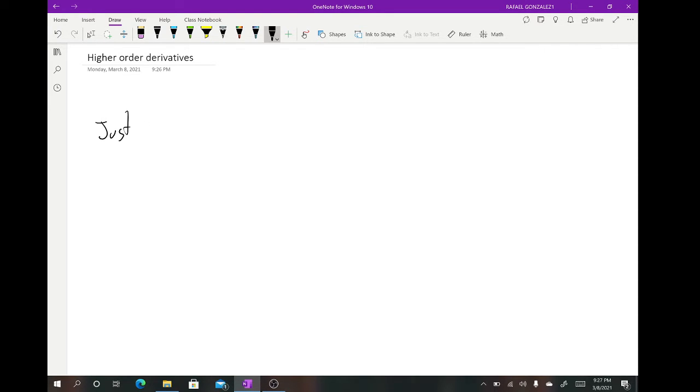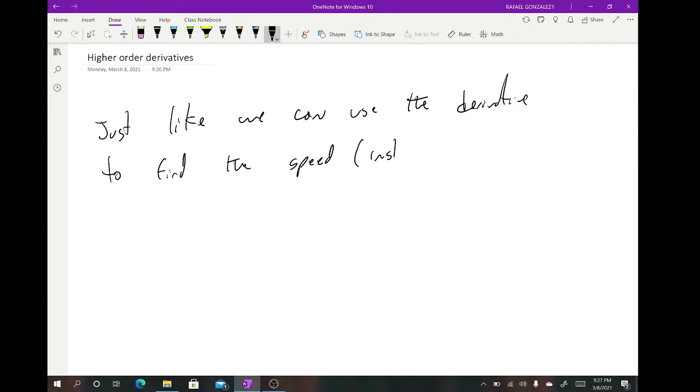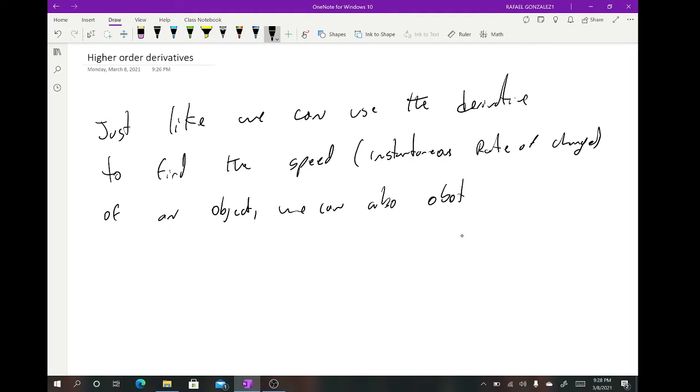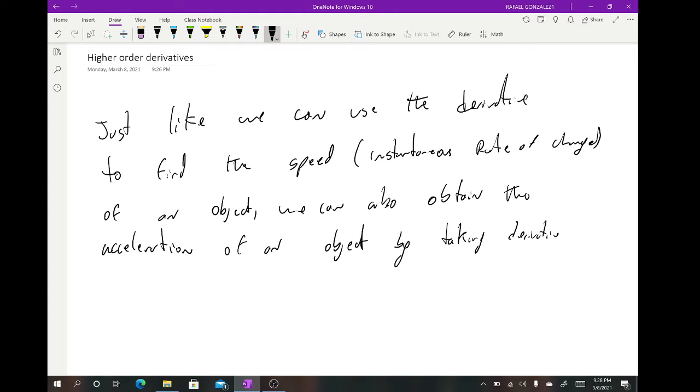Now, much like we can use the derivative to find the speed, which we also call the instantaneous rate of change of an object, we can also obtain the acceleration of an object by taking the derivatives. In particular,